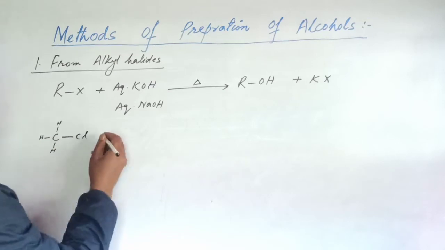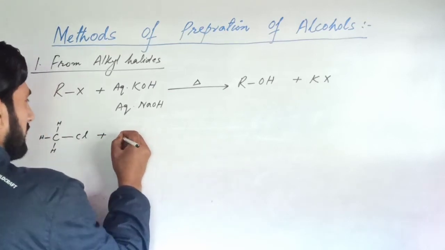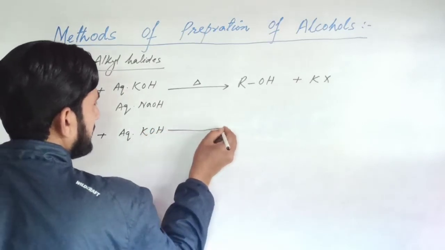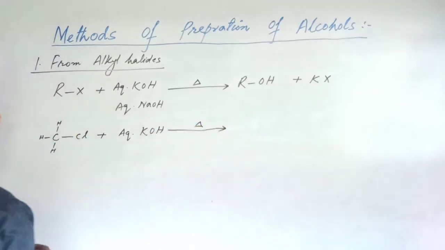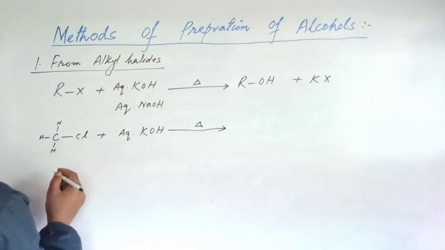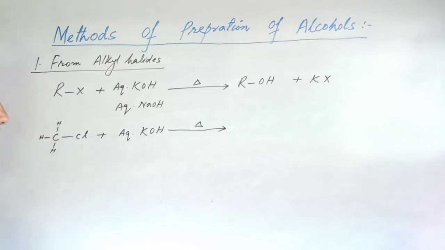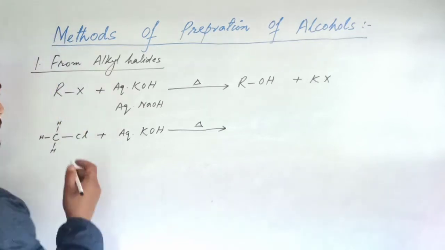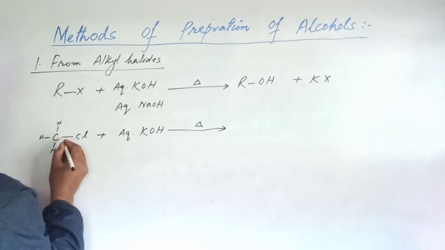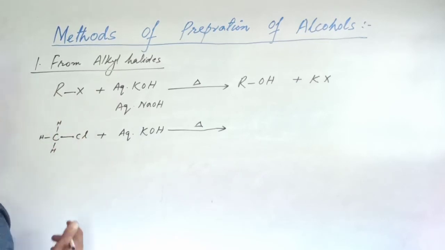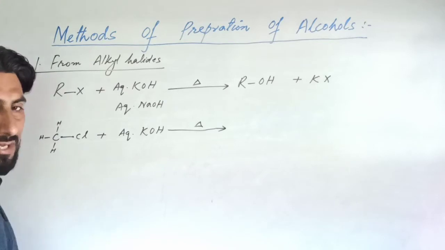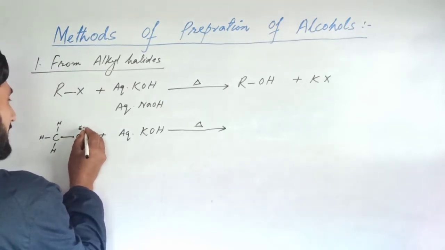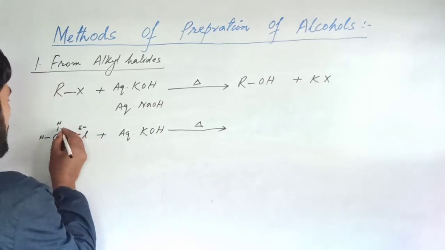chloromethane, methyl chloride, when treated with aqueous potassium hydroxide. In this reaction, we know that RX is a reactive class of organic compound. Its reactivity is due to the polar nature of the C-X bond. Chlorine is more electronegative than the carbon atom. It pulls the shared pair of electrons towards itself and acquires a delta negative charge, whereas a partial positive charge is developed